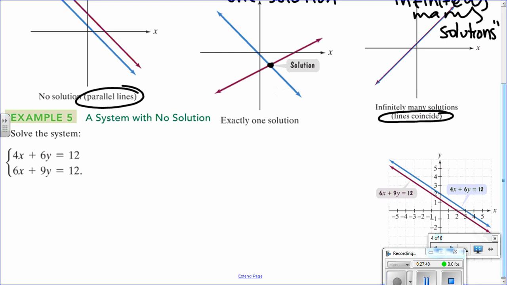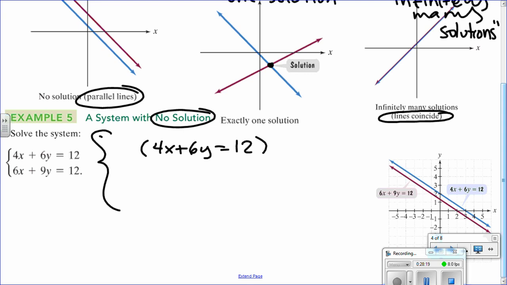Okay, so let's see how a system with no solution will look. You can see here, no solution. They're both already written in standard form, right? So we could choose to do addition. I'm going to multiply the first equation, 4x plus 6y equals 12, by 6. And my second equation, 6x plus 9y is equal to 12, I'm going to multiply by negative 4. Why negative 4? Because I want to match this coefficient, but negative because I want them to have opposite signs. So after we multiply, we will end up with